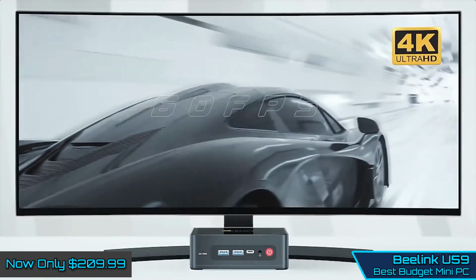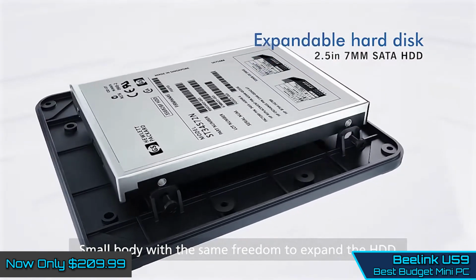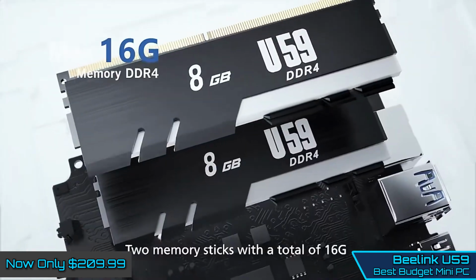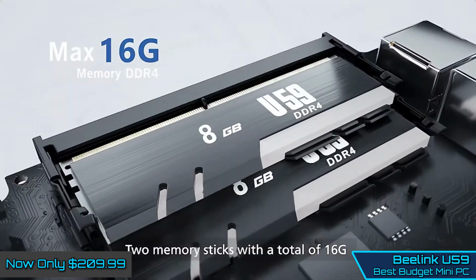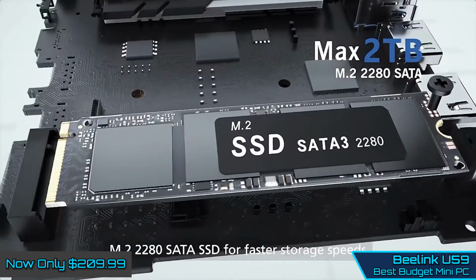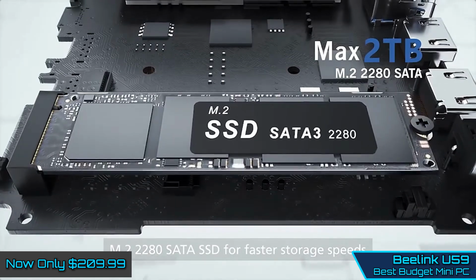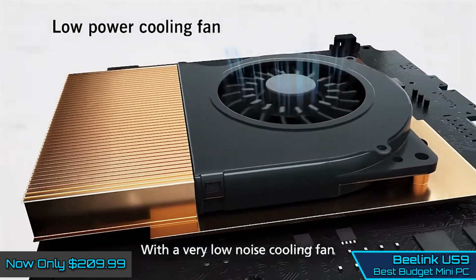For 8GB customers, the RAM can be upgraded to 16, along with M.2 SATA storage. There is also a bay inside for a 2.5-inch drive for even more storage options. What seals the deal is its relatively low asking price for both the 8GB and 16GB models, and the bloatware-free